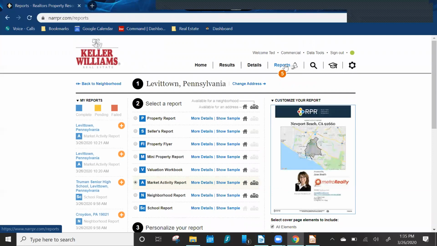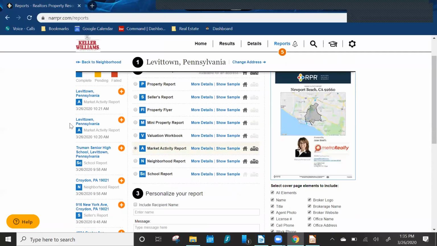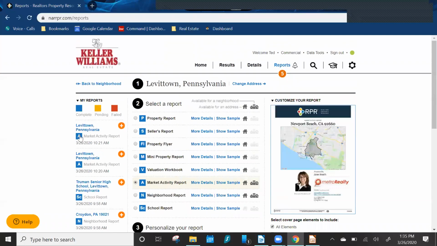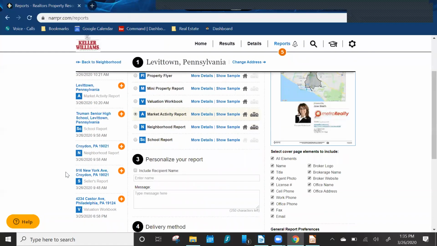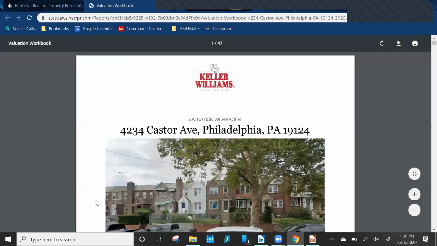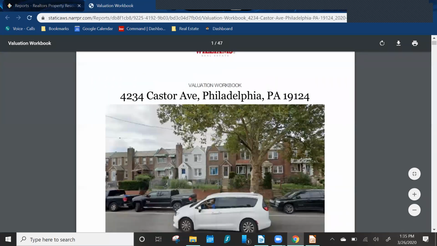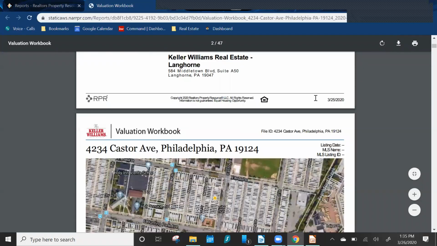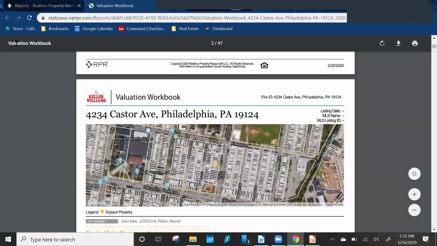When you click on the reports, you'll see over here, My Reports, right? At this point, you can open up any of these reports by clicking on the address link, and it's going to show you the property. You can then download it, you can print it, you can do whatever you want. I tend to download this to my folders file, and this is just a valuation workbook. This shows you, I'm sorry, I wanted to open up